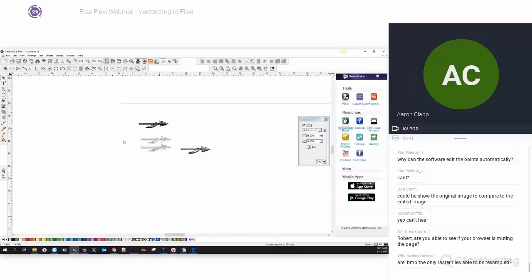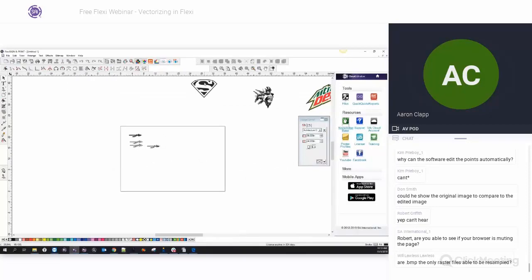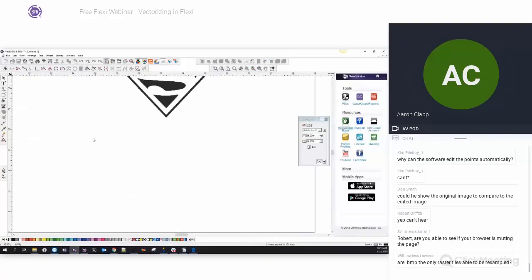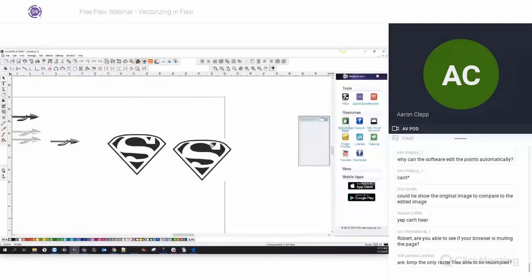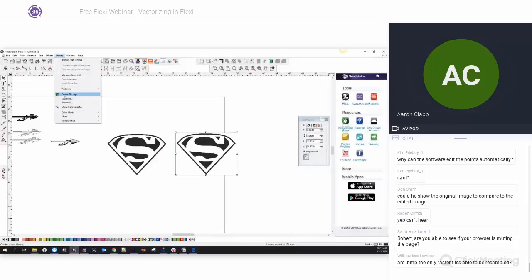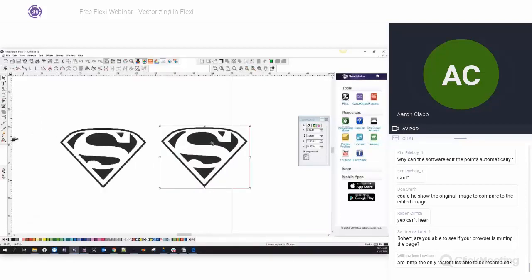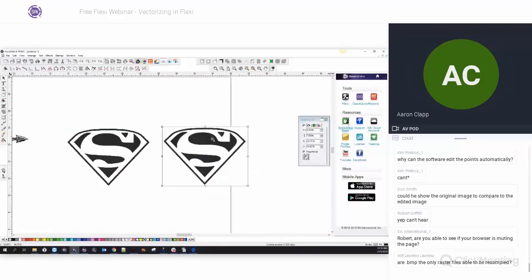Now, I have another image here. I'm going to grab this Superman logo, and here's a really good example of when not to use that particular feature. So I'm going to go to bitmap. I'm going to resample this guy. We'll do the same settings basically. And it's kind of smoothed everything out. But one of the things that I found is that